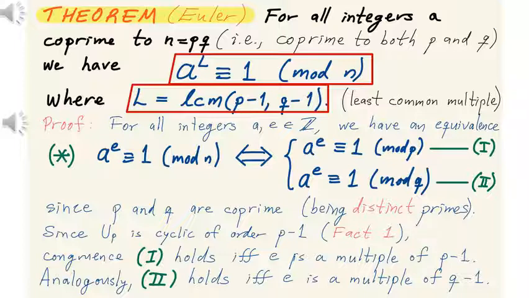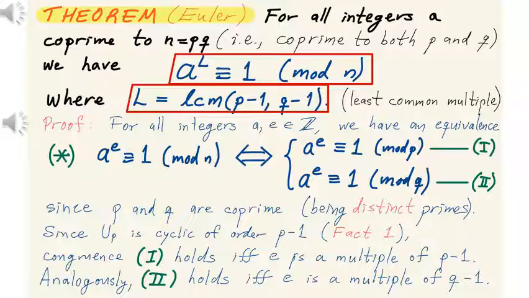But this is the theorem in which we get a formula for the exponent of the group U_n. In other words, what is the smallest positive exponent L such that when you raise any element of U_n, an arbitrary integer a coprime to n,